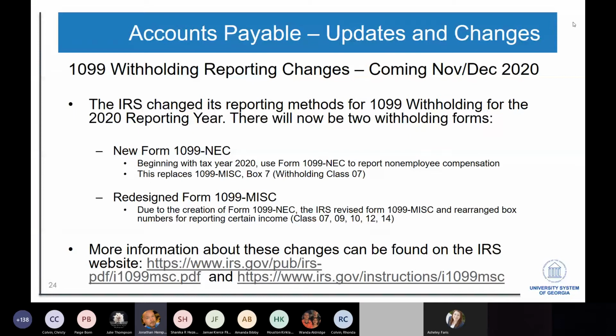There will be two forms now. There will be a 1099 NEC form and a 1099 MISC form. What is happening is what we've currently been using, Box 7, will now be reported on the NEC form, Box 01. And then the boxes will also be changing for the miscellaneous as well. So what I would suggest for anyone that is on this presentation, go to the IRS. If you're not familiar with